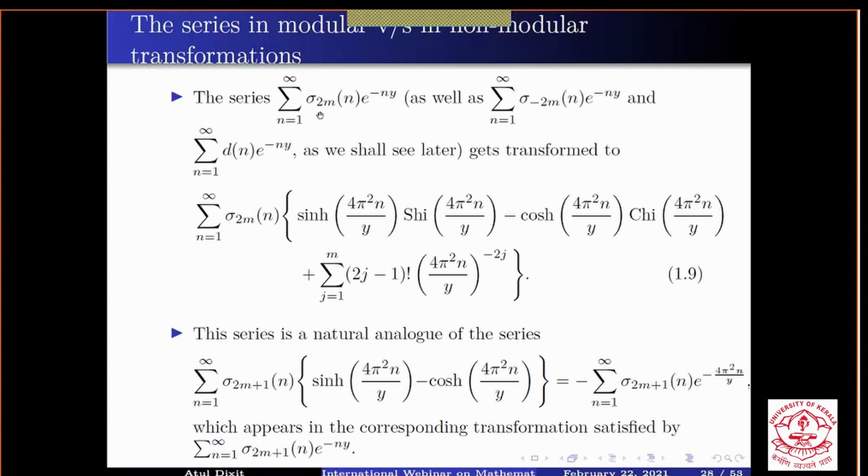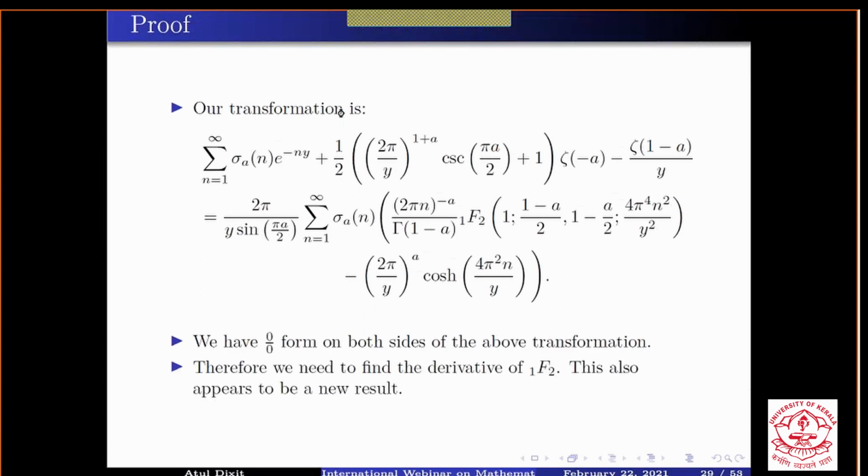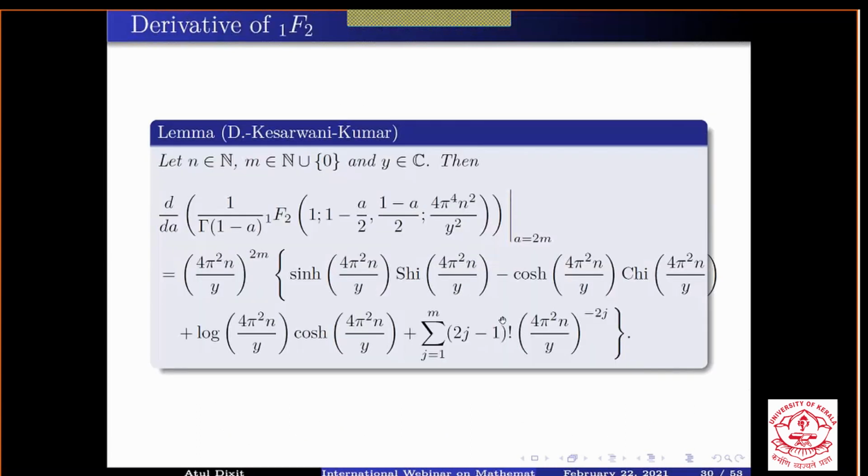I mean, there you actually can do it even for any complex A, because we have a general transformation for the limit replaced by any complex number A. Okay, so let me skip this proof, but let me say that along the way we need some results which we could not find in the literature. For example, in standard tables